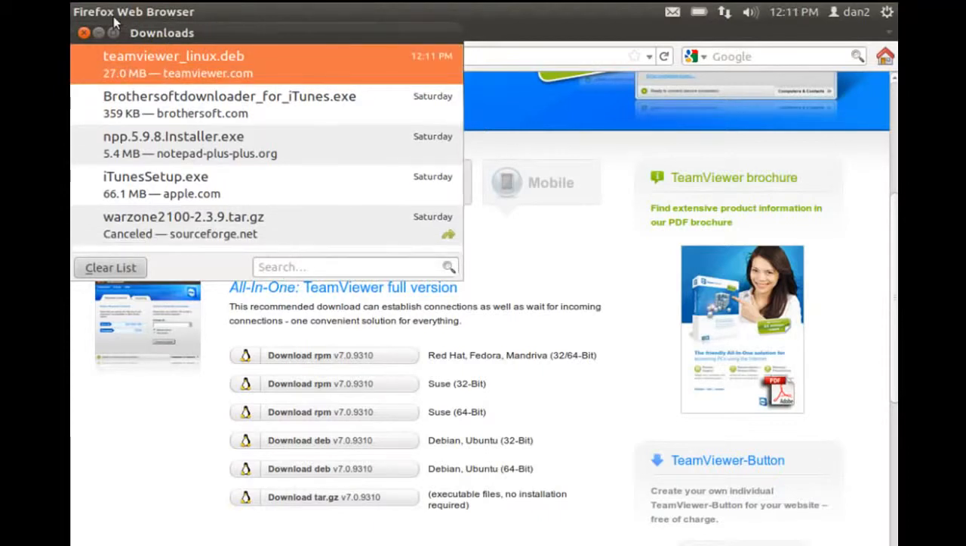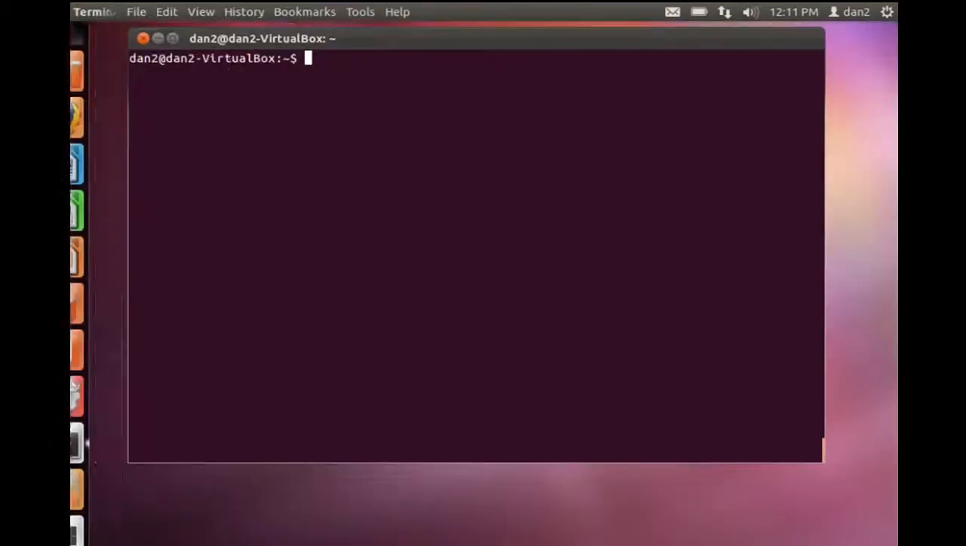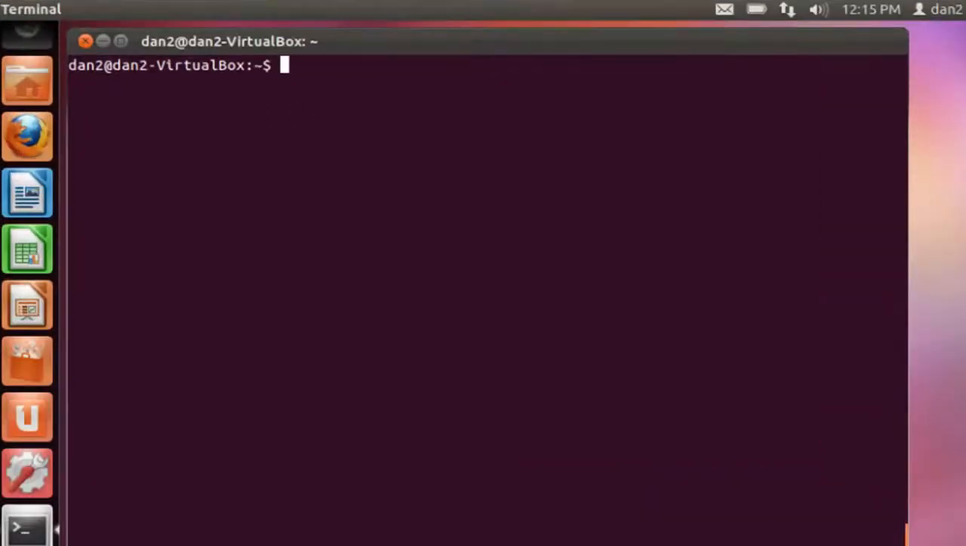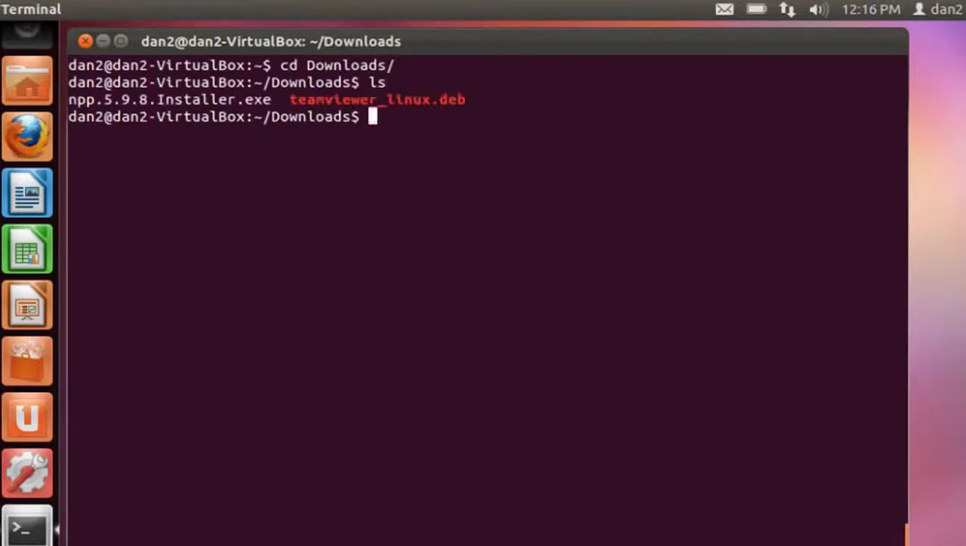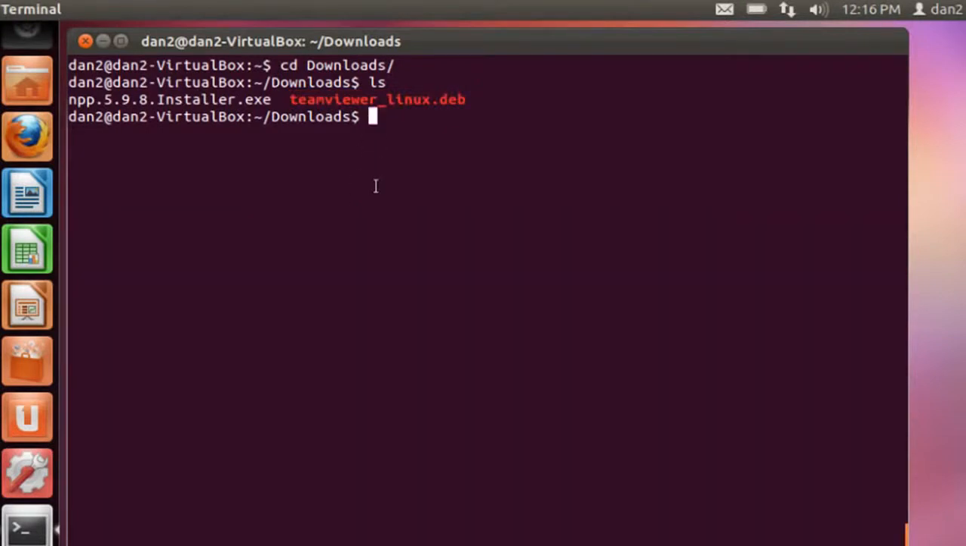Okay, TeamViewer is done downloading, so we'll close this, and we'll close our browser. Okay, let's go find our downloaded package. So what I'm going to do is a cd downloads, ls, and there is our package, our Debian package that we downloaded from the website. So let's use the Debian package manager to install it. So we'll say